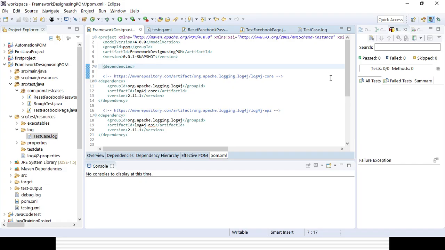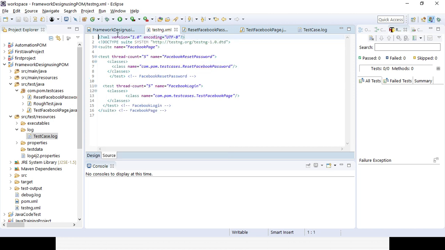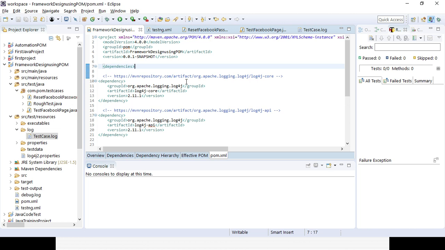So in my 4 videos for new framework development from scratch with the help of Page Object Model, you have already seen how we can create different packages under the different folders, src/main/java, main resources, and src/test/java, test resources, and how we can create multiple test classes for different packages, different pages, and how we can create the test case, how we can create the base class, how we can generate the testng.xml, and how we can add the log file, the log4j API, and how we can generate logs.